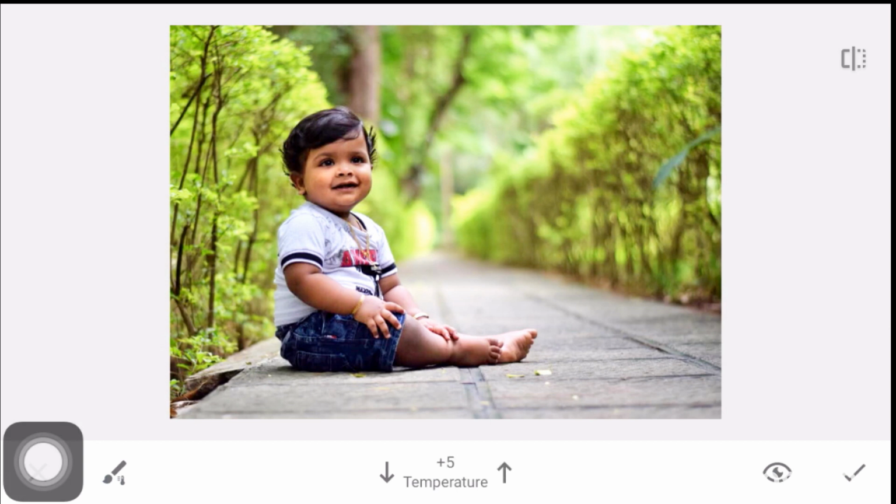Using these arrows you can set the temperature value to plus 10. Now using fingers we swipe over all the areas where we have to raise the temperature. Now you can see this greenery going to some yellowish color. Now I press OK.